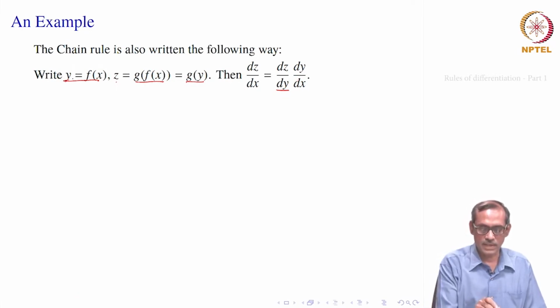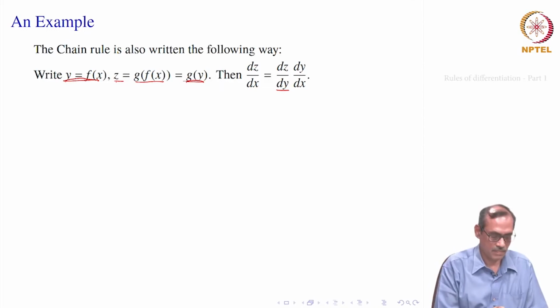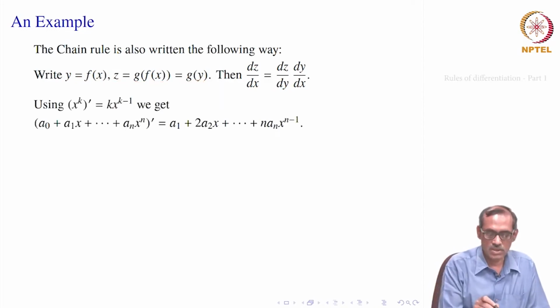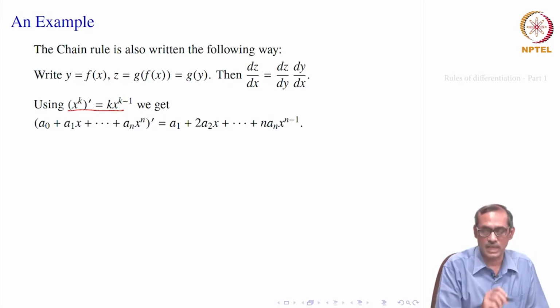But we have to write in this form: y equal to f x, z equal to g of y, which is g of f of x. Okay. So, with this let us apply to our polynomials, but this is about chain rule. Polynomials, when you differentiate, you will require only this one and the sum rule and the constant multiplication rule, first and second rule. So, in that case what do we do?